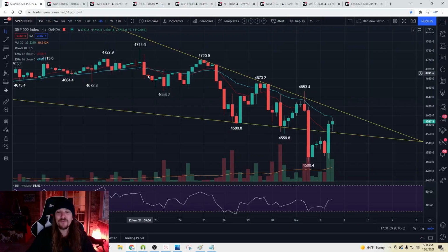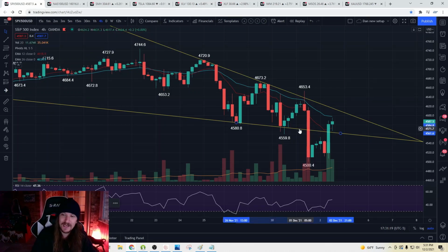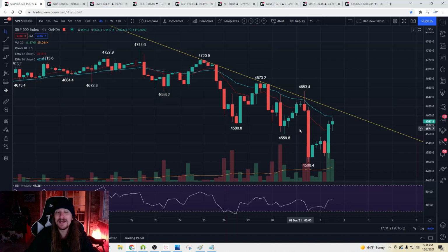So this is the S&P 500 4-hour falling wedge that we were watching, and it broke bear yesterday. And as soon as that support line doesn't act as resistance, I get rid of it because I don't care about that line anymore. It's no longer in play. That being said, this resistance line is still in play, and it's something I'm keeping an eye on because I